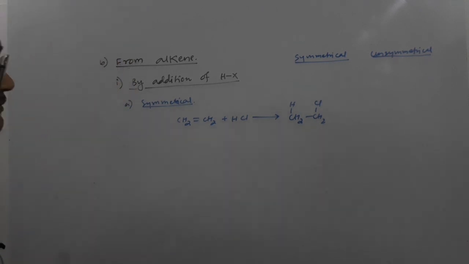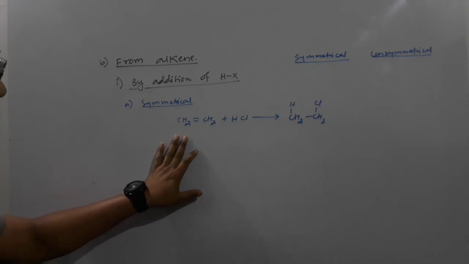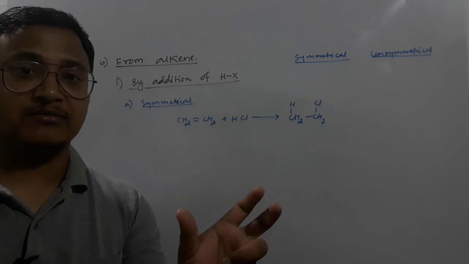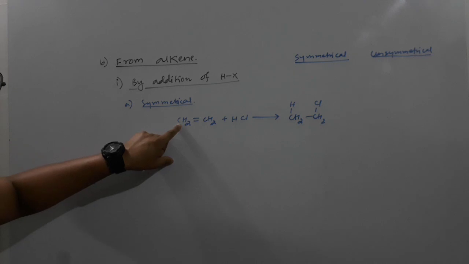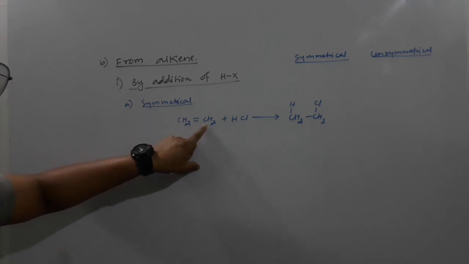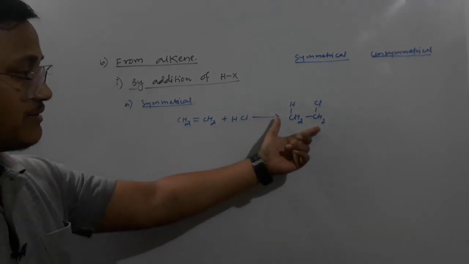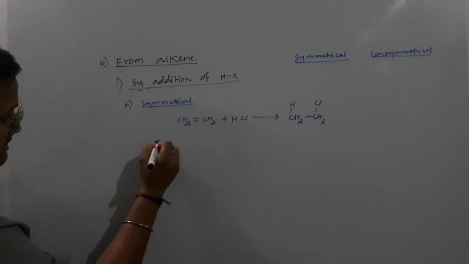Now always remember that the product which forms, it will form by the formation of carbocation. So if this is positively charged, then it is 1 degree carbocation. If it is positively charged here, then it is also 1 degree carbocation, right? So in these 2 cases, they are 1 degree, so we will have only one product here. So you try to go through these things. The mechanism part, I'm not discussing here. Let's have a look here, right?